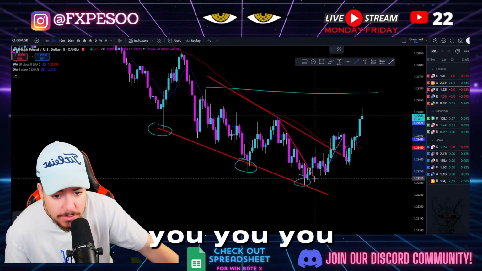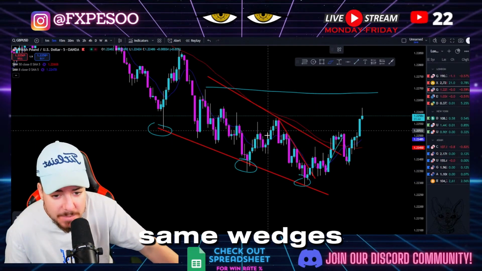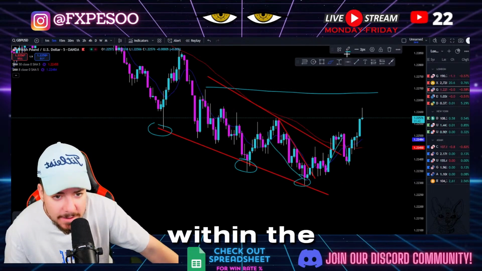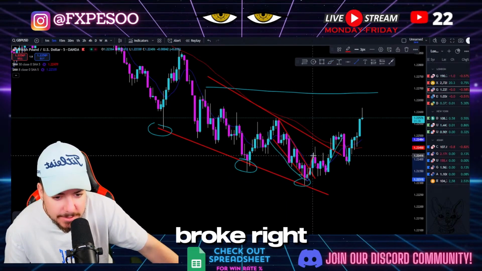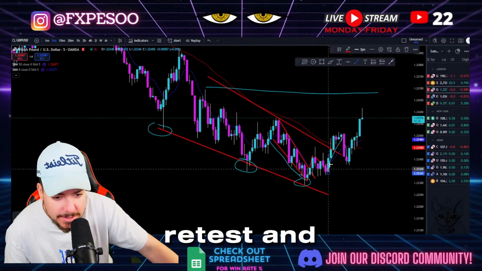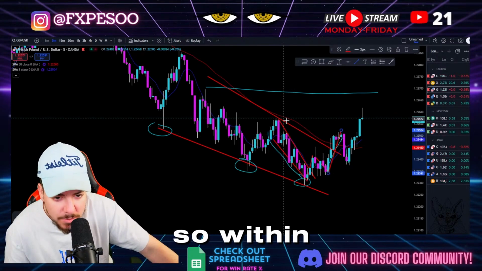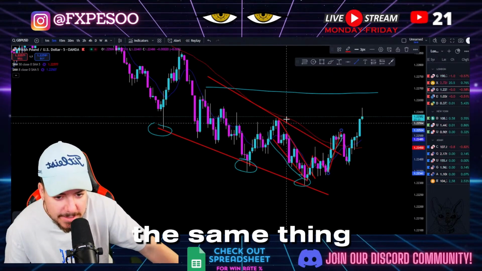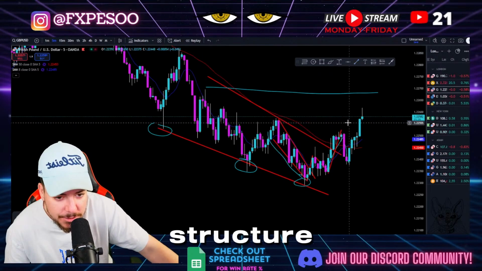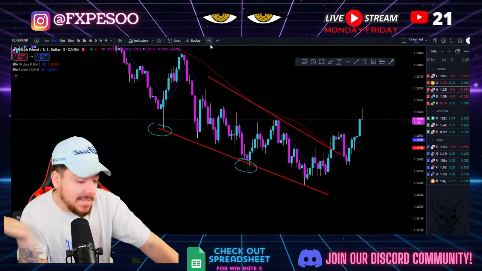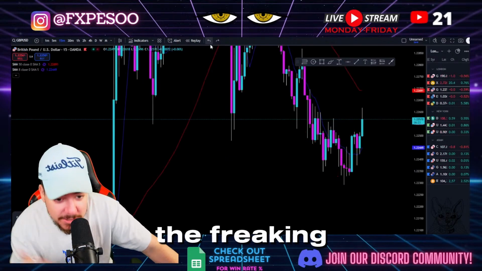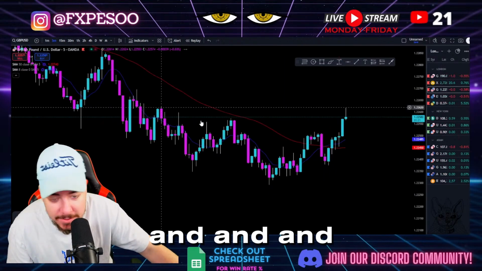I mean, you have Fibonacci, you have the same wedges within the wedge, which is like, for example, this wedge right here, break, retest, broke right there, retest, and then flew. So within the wedge, you have this one. That's the same thing. Look how it reaches the top of market structure. There's just so many ways to look at the market, and that's why,